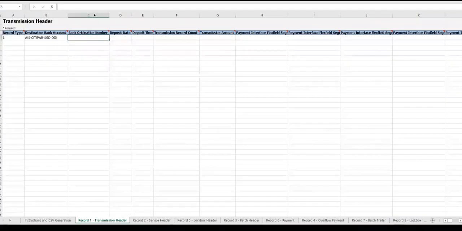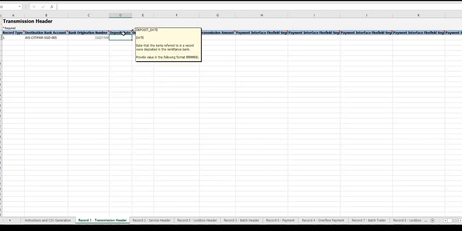So next is the bank origination number, and that is what we copied in the last video. If you refer to the last video, there we defined the lockbox with that bank origination number. Deposit date: one significance of this, if you recall, when we defined the lockbox there was a field called accounting date source, and one of the options was the deposit date.